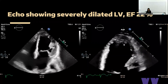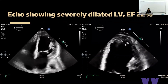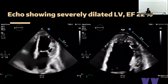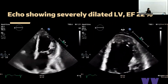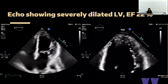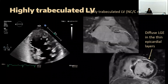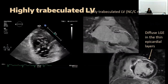This is his echo, and you can see that his left ventricle is barely moving. It's severely dilated, and the image on the right shows that we're zoomed in at the left ventricular apex, and you can see that there's an abnormal appearance of the myocardium. You can see deep recesses or trabeculations appreciated there. This is a sweep that the sonographer did through the left ventricle as well that I think highlights nicely these deep